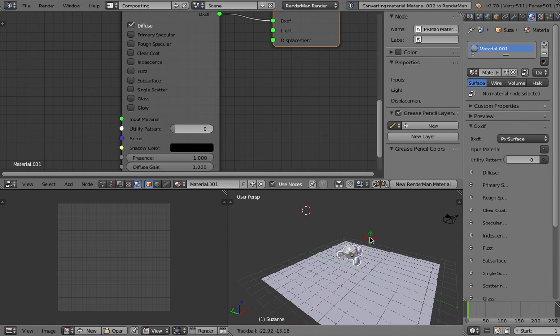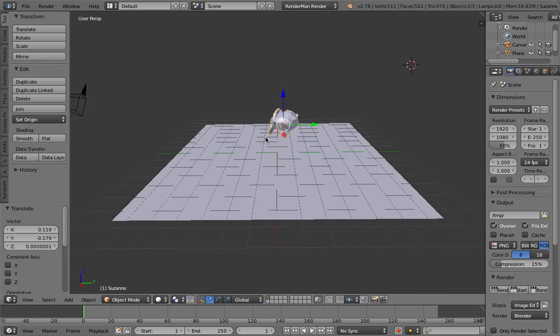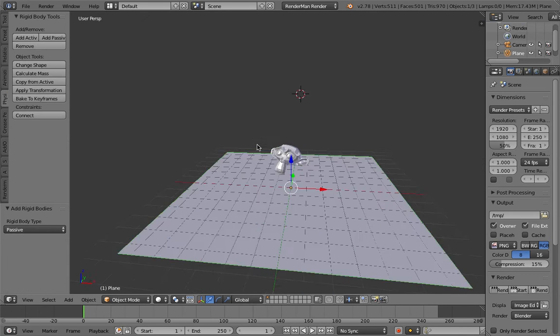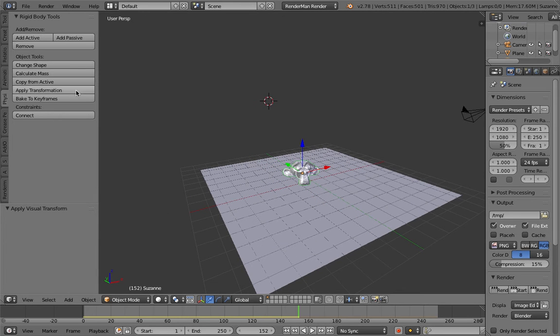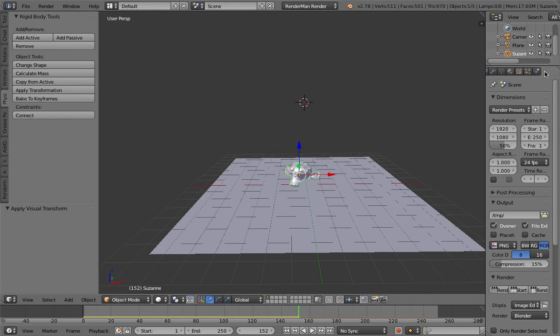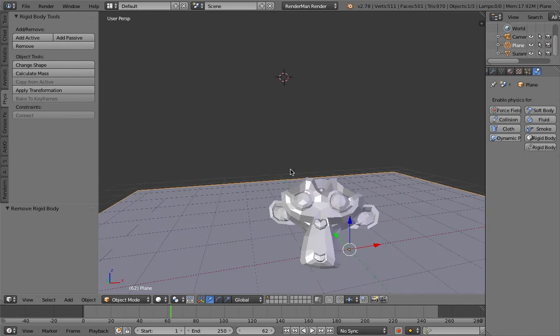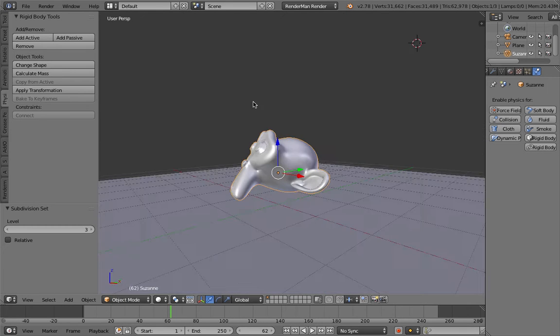Okay, with Suzanne here, we're gonna drop it on the floor. So let's see. Create animation, physics, active, passive, and just drop Suzanne. I guess that's pretty good. And then we just apply transformation and get rid of the dynamic. Now we have Suzanne on the floor, and then we can smooth it, and then Control 3,